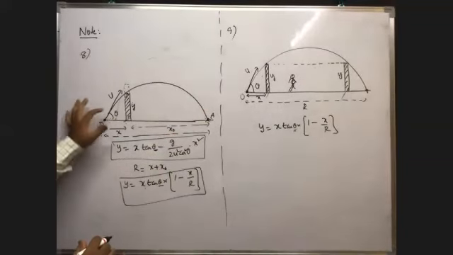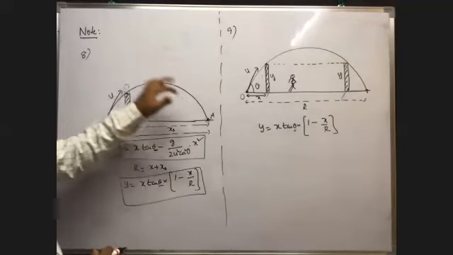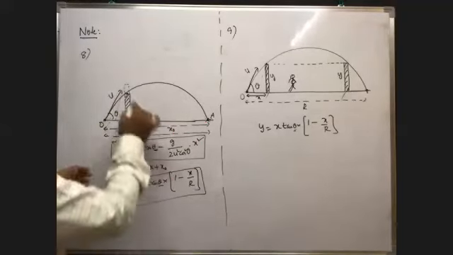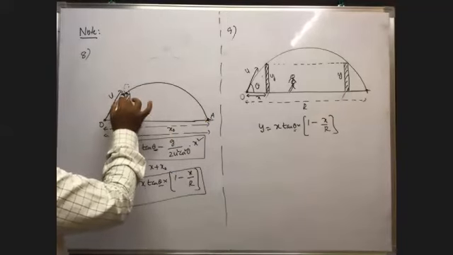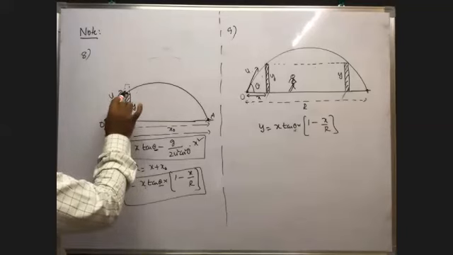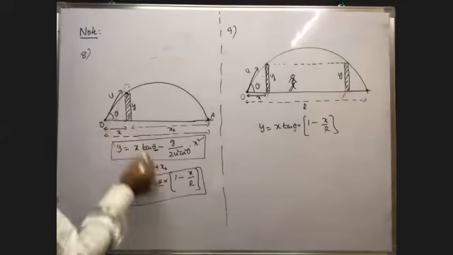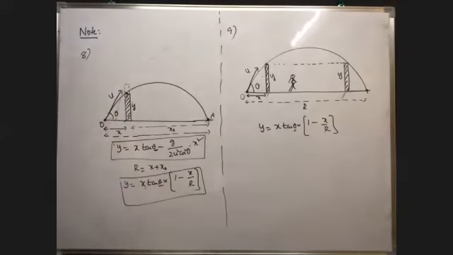Then with what angle of projection theta must the ball be projected so that it just clears the wall and reaches the other person? The projectile must pass through the top of the wall. That means the projectile must reach this much height while crossing the point here, which is at a distance x. So you use this formula, and you calculate theta. Okay.